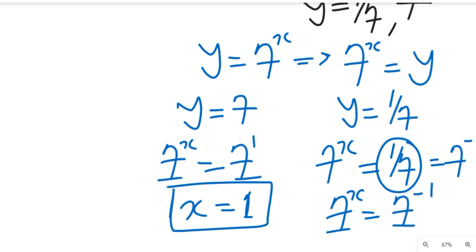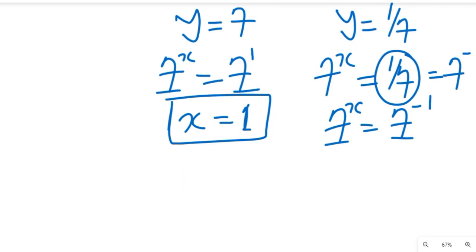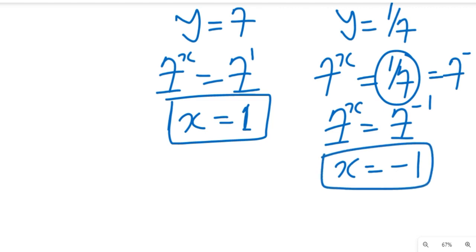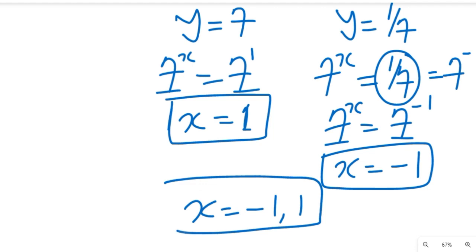Since we have same base, the powers will equate. So our x here will be equal to minus 1. So the two values for x we have seen that satisfy that equation: x is equal to minus 1 and 1. This is the solution to that